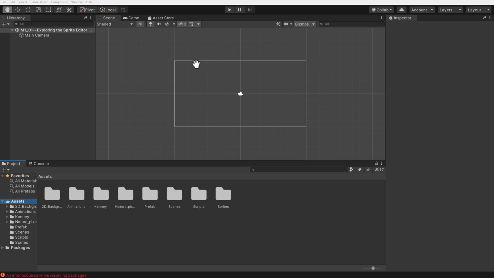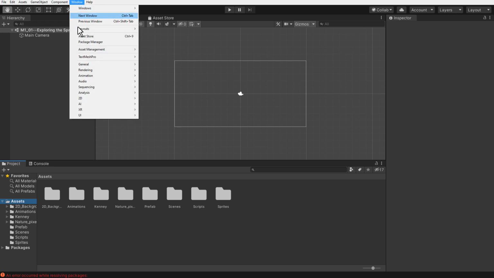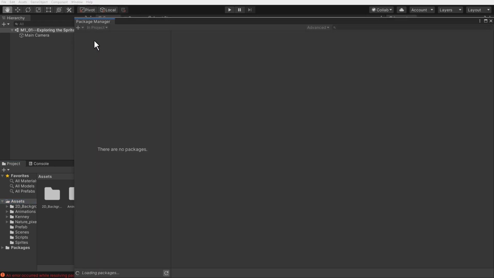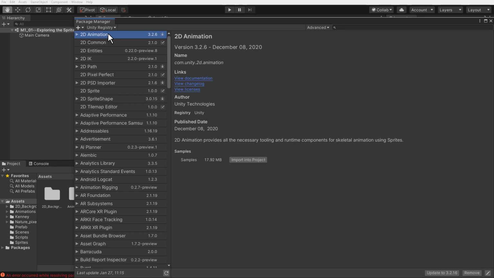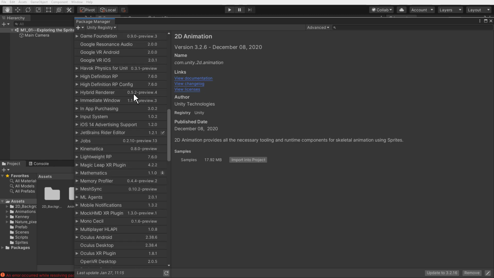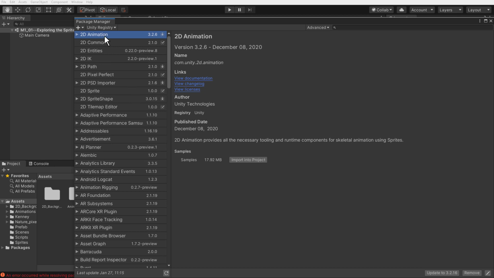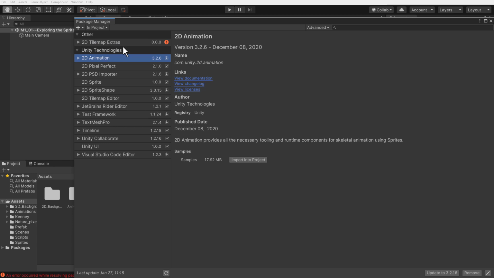They're found inside the package manager. So come up to Window, come down here to Package Manager, and here we have all the packages that are currently in the project. I know that because this little icon here is selected. Sometimes we might open it up and we'll see Unity registering. Sometimes this can be a little bit overwhelming because it contains all of the different packages available to us in Unity. So just make sure you click on that, come into In Project,